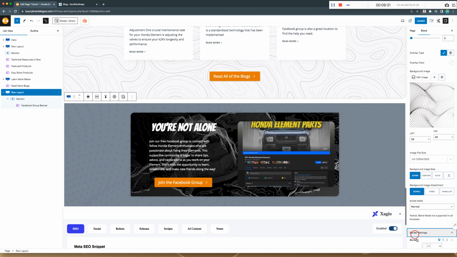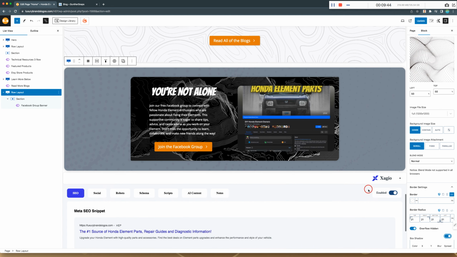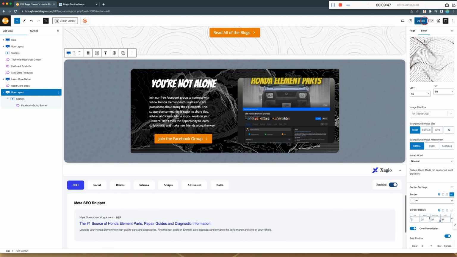And border settings, I've been doing 21 just to be lazy, so I can do 21 tab, 21 tab, 21 tab, 21. And it gives me a nice rounded edge. You can drop another box shadow behind it. Gives you just a little bit of shadow back there. And now if we updated the page,